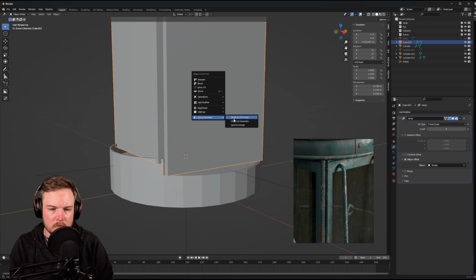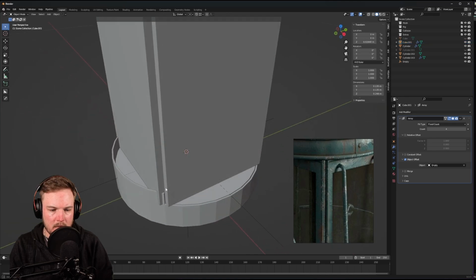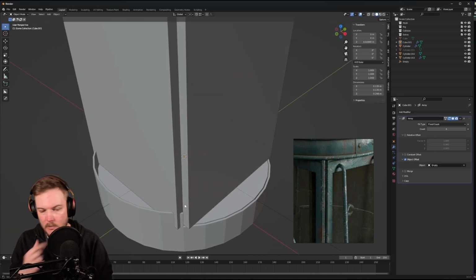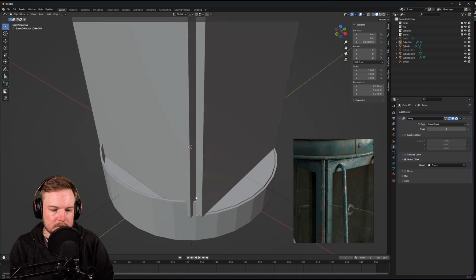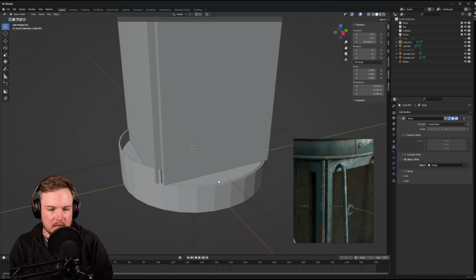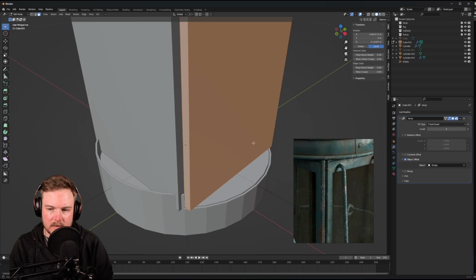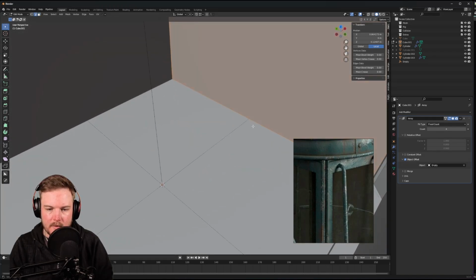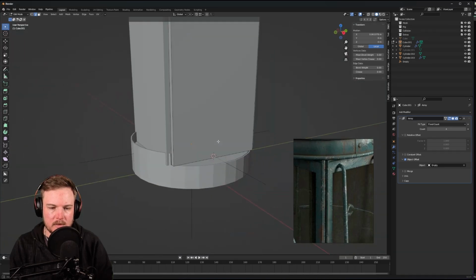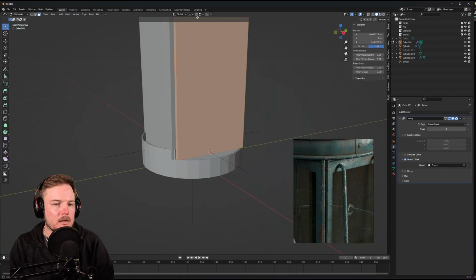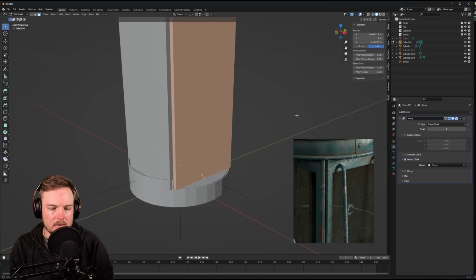Select this. I'm going to do origin to 3D cursor. Then we have this, but then all of a sudden we have another problem. I don't want that to stick out, so select the face. Let's move the cursor to this point. We're going to use that cursor to